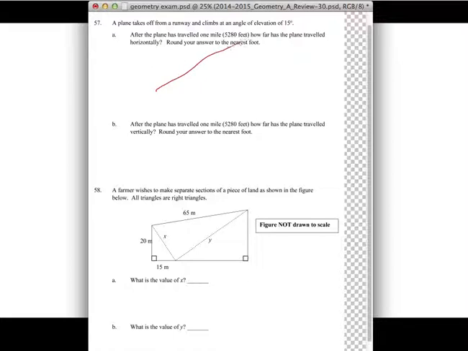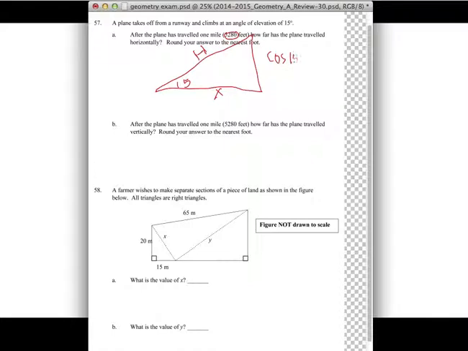Okay, so remember this right here is the hypotenuse. And you got 15 degrees, which is here, and horizontally is here, x. And you can see this is the hypotenuse, and this is adjacent. So hypotenuse and adjacent is going to be cosine. So we're going to write a cosine,